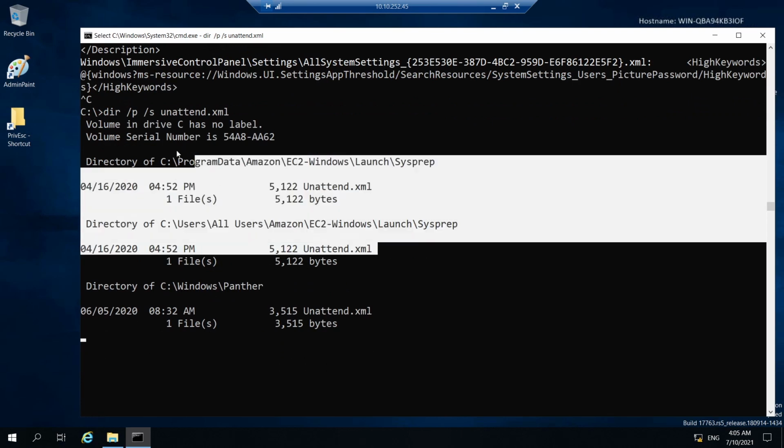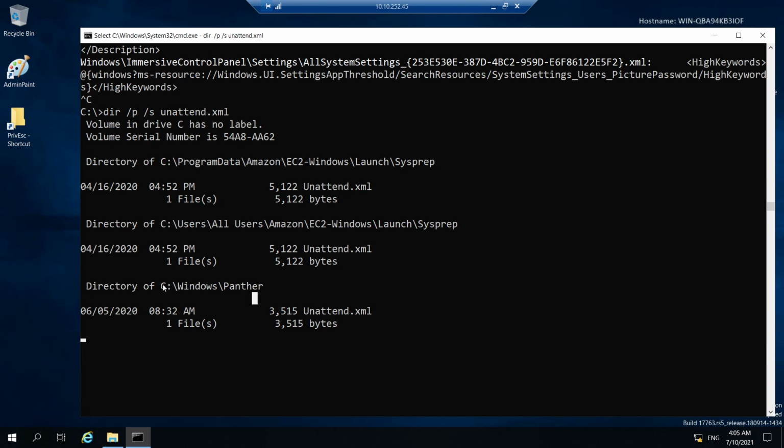So I have checked this file, but there are no passwords. So let's check this.